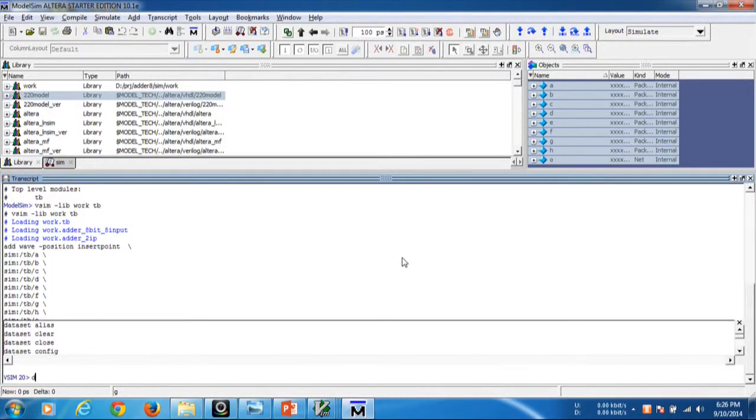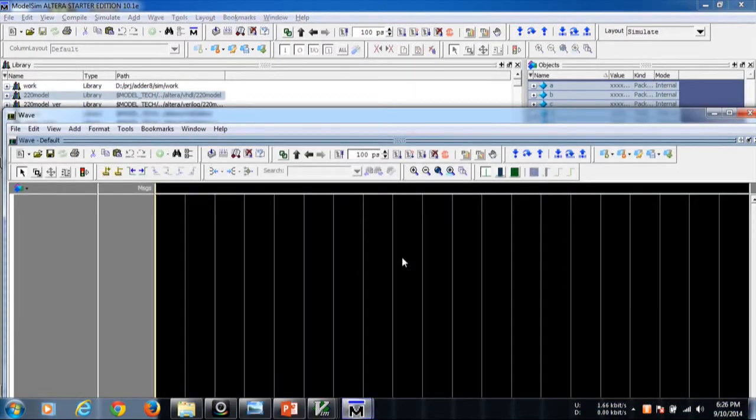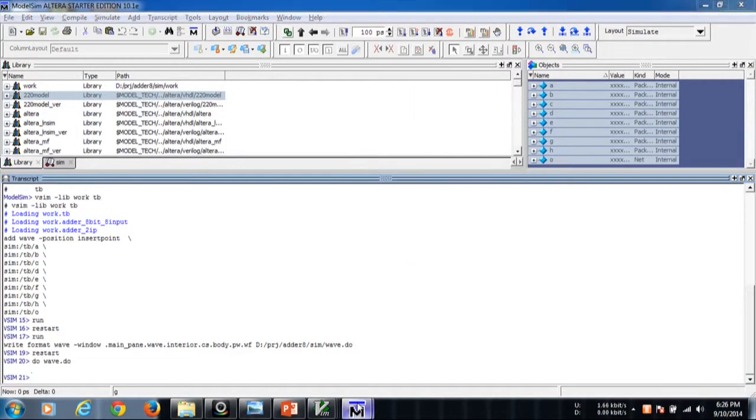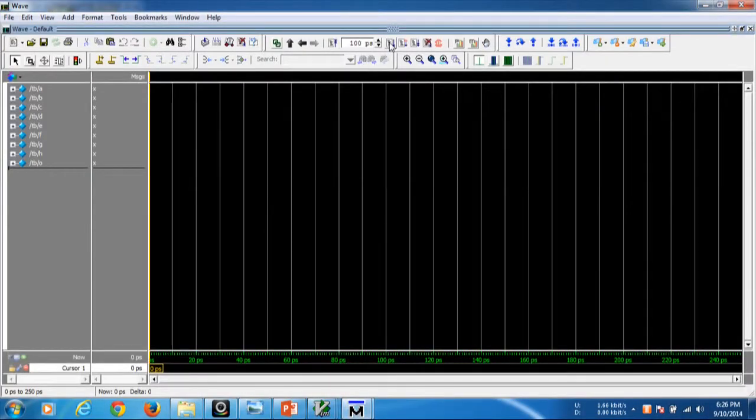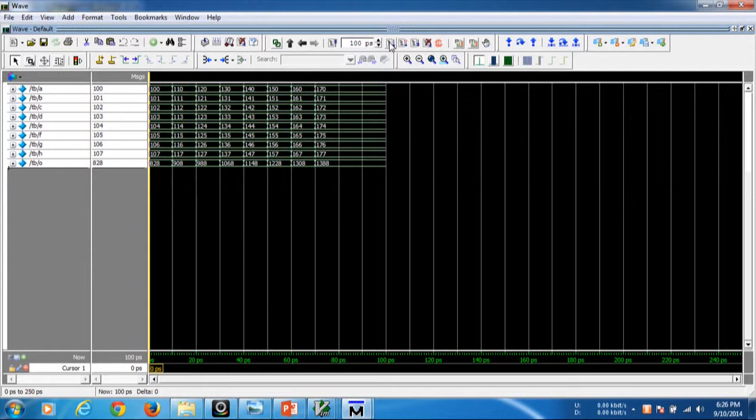If you want the waveform, use do wave.do. Probably it may take some time, or else you can even run it. So you get the same waveform here. This is helpful if you have completed your project during the explanation of your project.